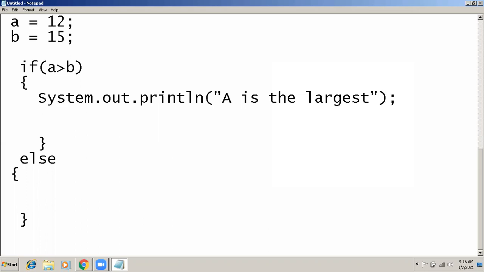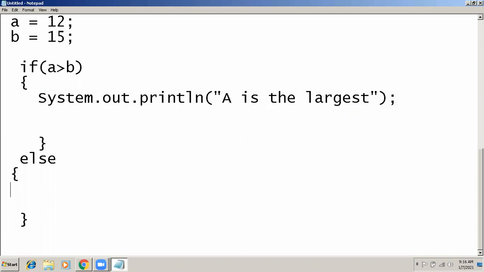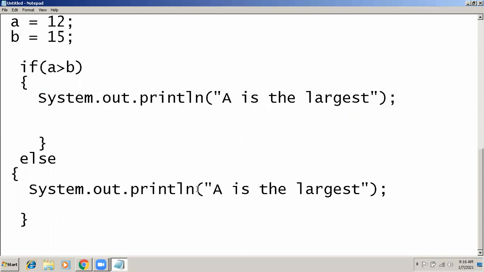And if this statement is false, then this else block will be executed. So in this else block, I am just using the copy and paste feature, and here I am going to change this A to B.